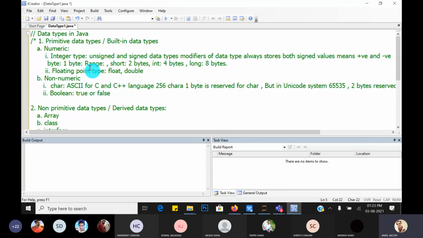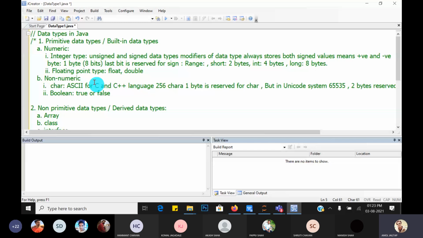So what is the range? It is minus, meaning the last bit. 1 byte means how many bits? 8 bits. Great. So of the 8 bits, the last bit is reserved for sign.